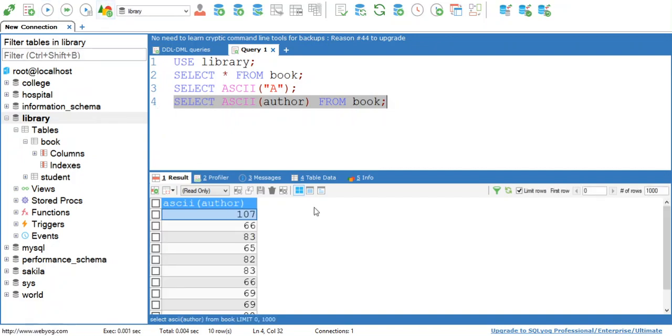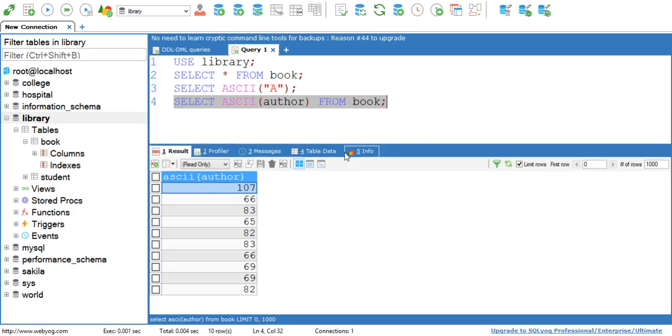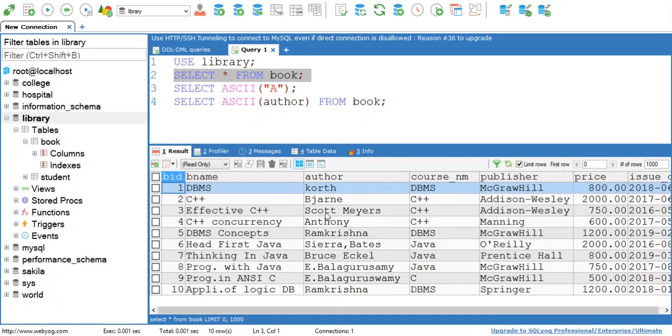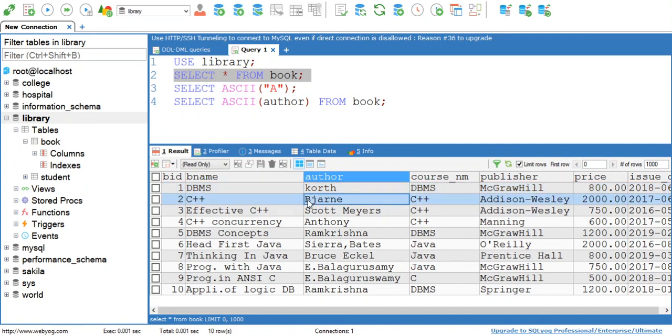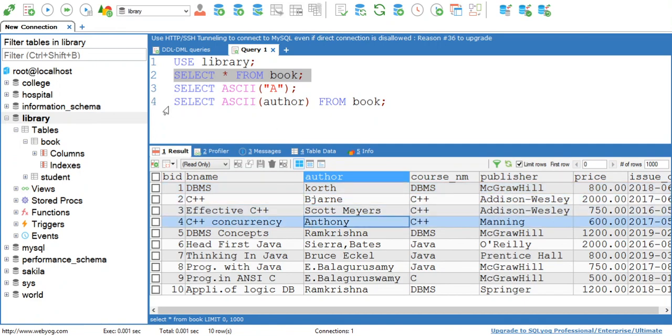If you execute this, at the output you can see all the ASCII values of the first character of author names. If you display this book table, the author names are Code, Bijan, Scott Mayers, Anthony, Ramakrishna, and so on. When you execute this query, select ASCII author from book, it will give you the ASCII value of the first alphabet of each author name.